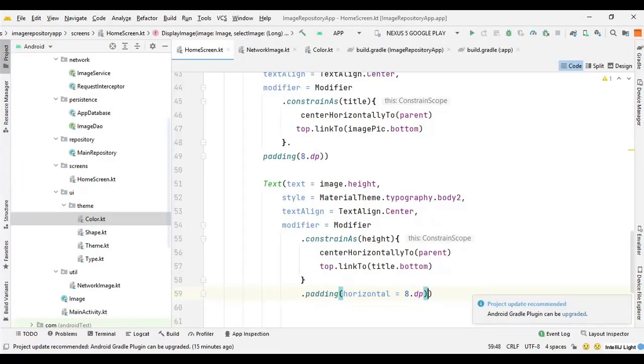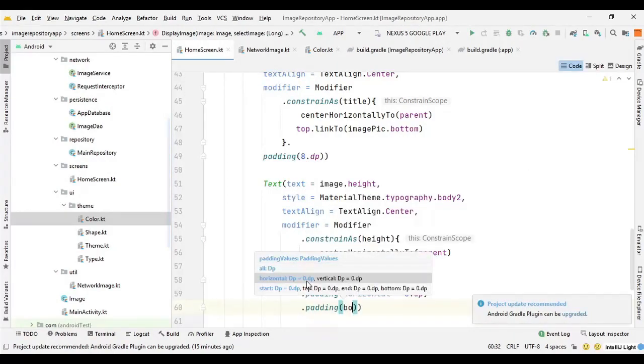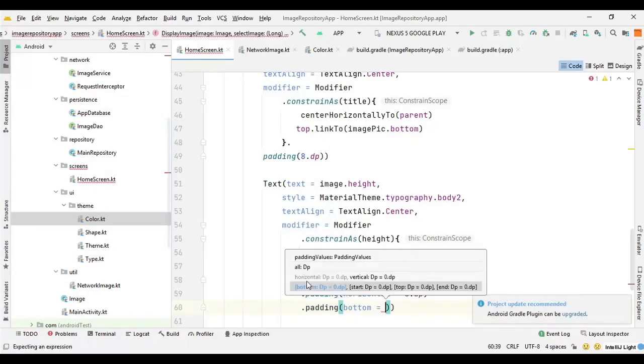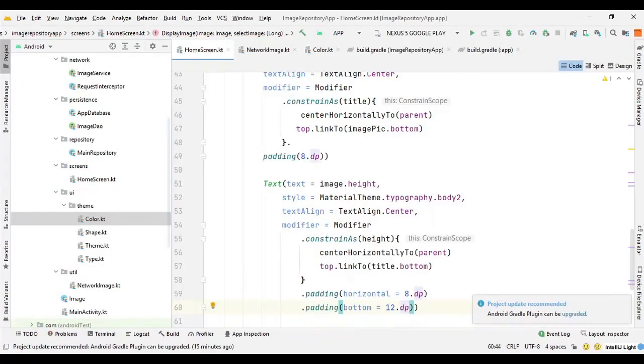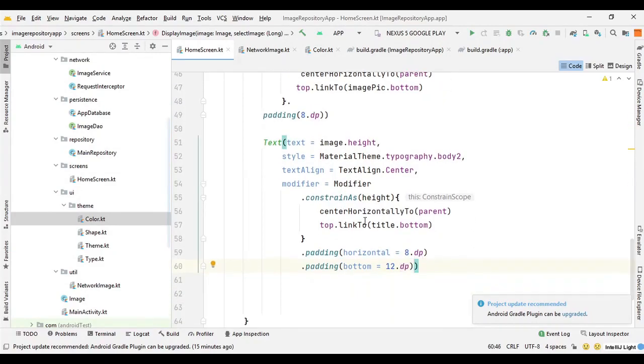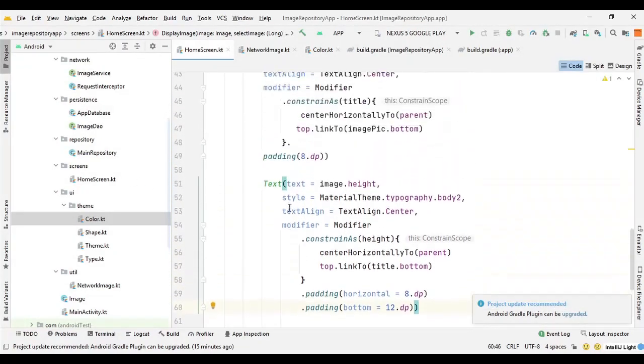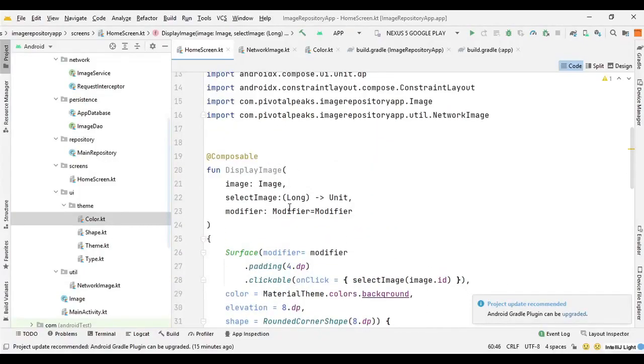For bottom we can say, here we can say dot padding bottom, and we can provide 12.dp. So that's it for the single image, display single image or display image.